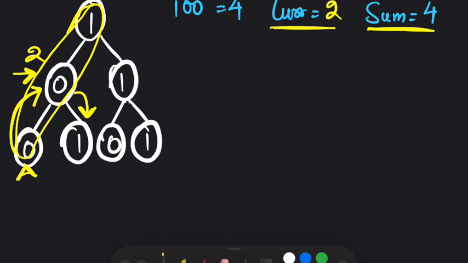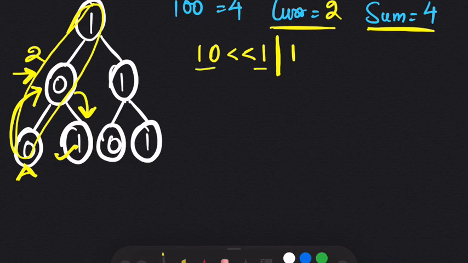And I'm going to repeat the same operations on this current number. So 2 in decimal is 10. And 10 left shift 1 or the value of root, and the value of root is 1. So or 1. Now when we left shift this 10, we get 100 or 1. And or is something like adding up these two numbers.